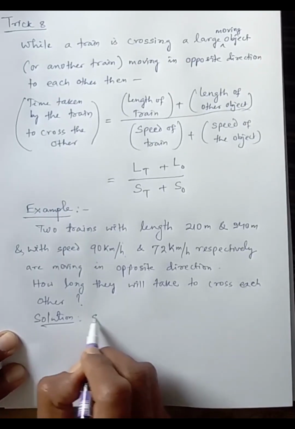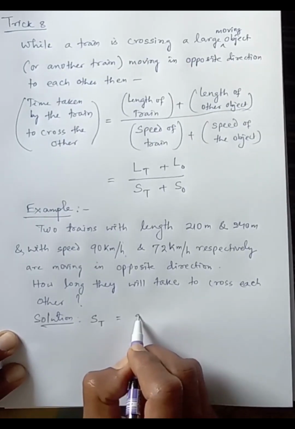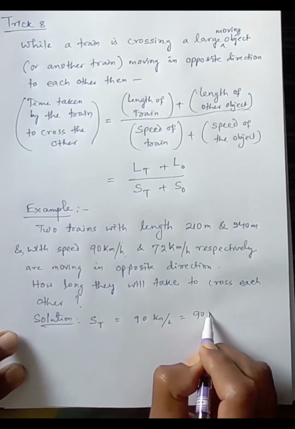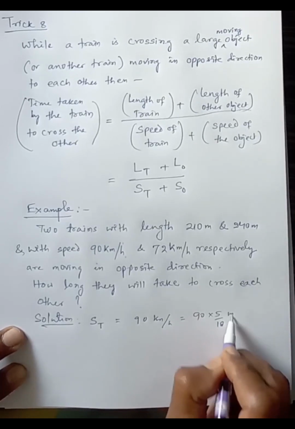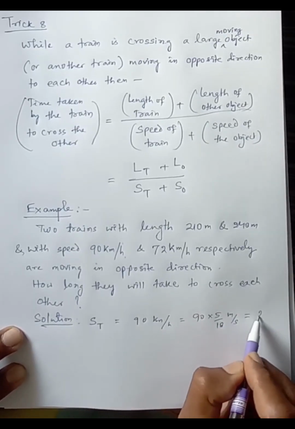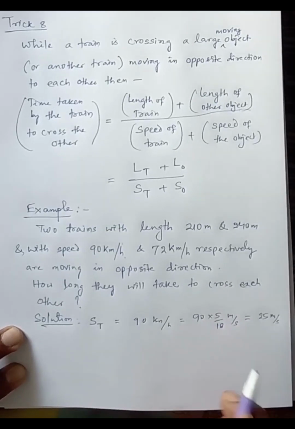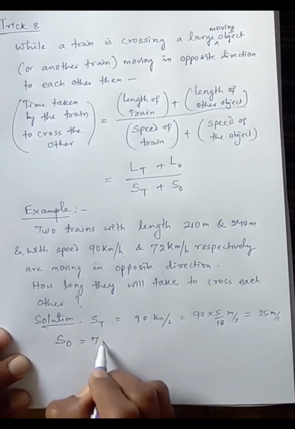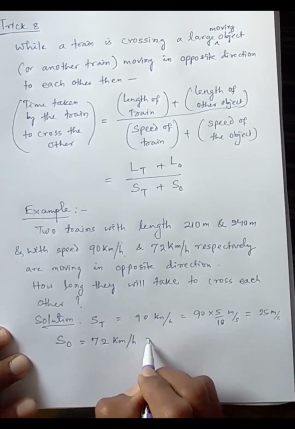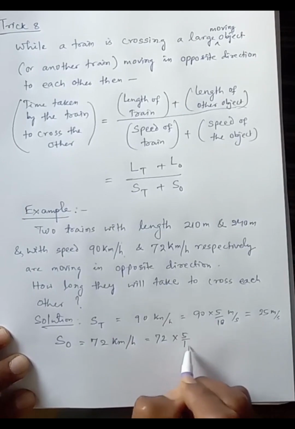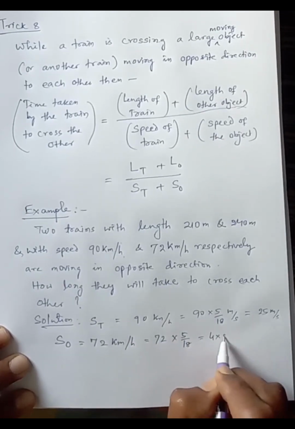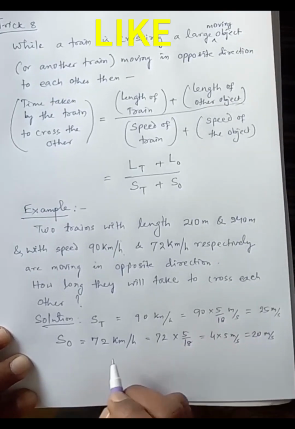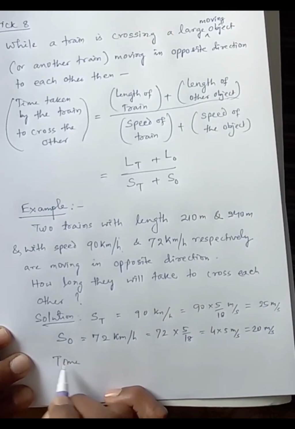Solution. Speed of a train ST is equal to 90 km per hour. This is equal to 90 into 5 by 18 meter by second. This is equal to 25 meter by second. And speed of the other object is 72 km per hour. This is equal to 72 into 5 by 18, which is 4 into 5 meter by second, 20 meter by second. Then time is equal to